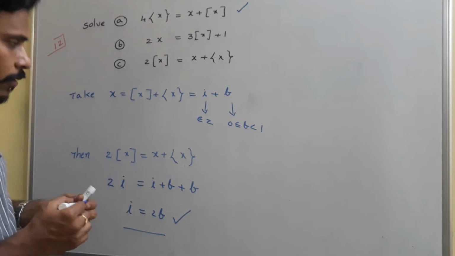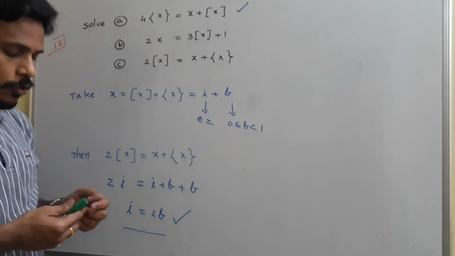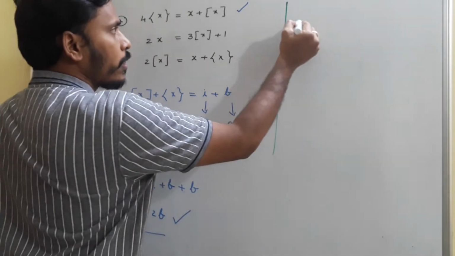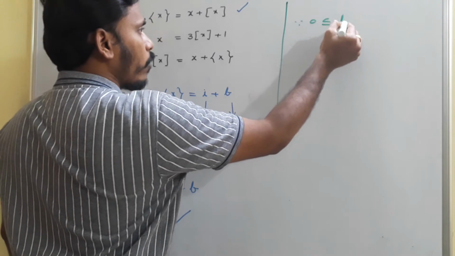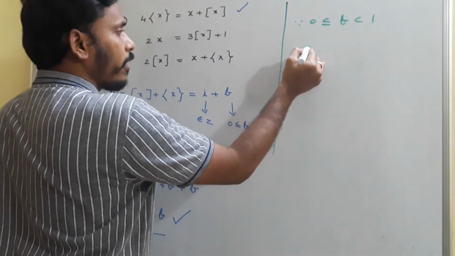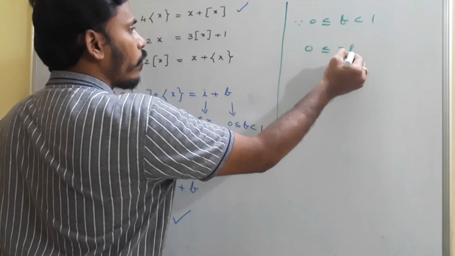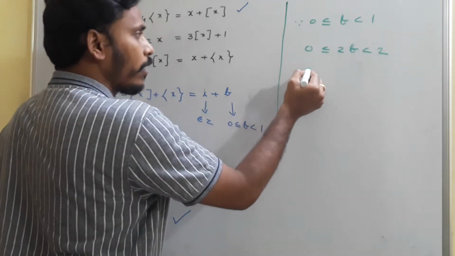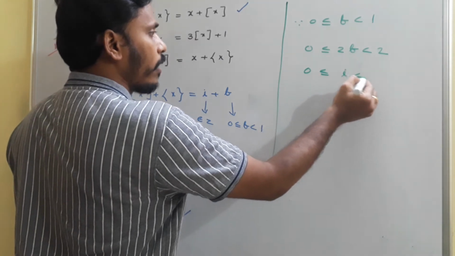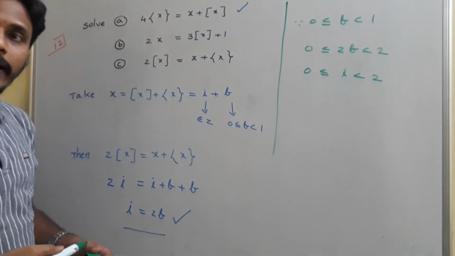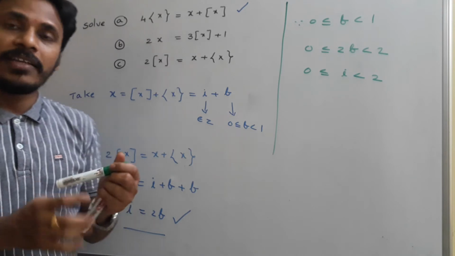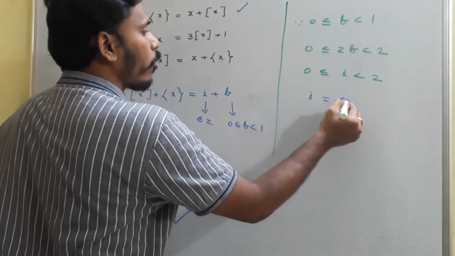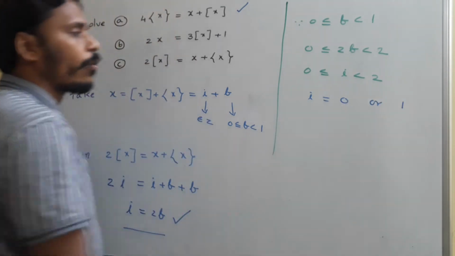Okay, and now again, see, 0 is less than or equal to f less than 1. From there we need to locate 2f. Since 0 is less than or equal to f less than 1, multiply by 2: 0 less than or equal to 2f less than 2, and then replace 2f with i. So 0 less than or equal to i less than 2. So at the end, i is between 0 and 2, i is an integer, and what are the possible values of i?